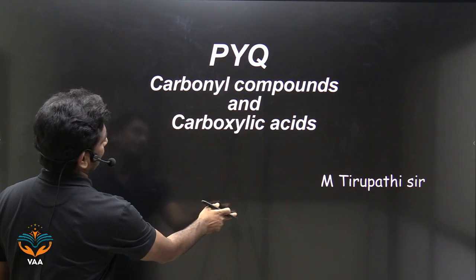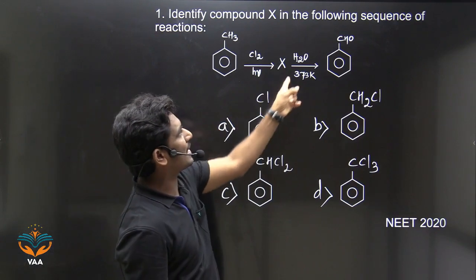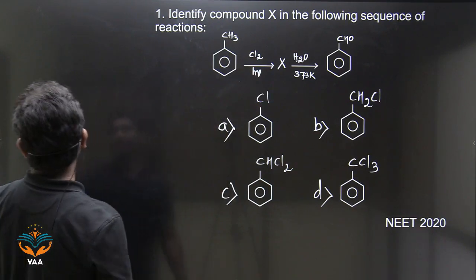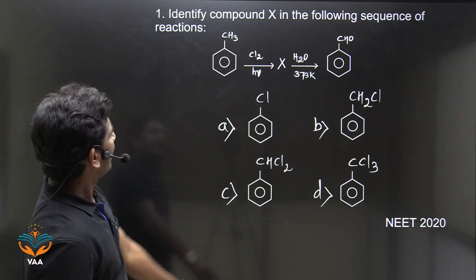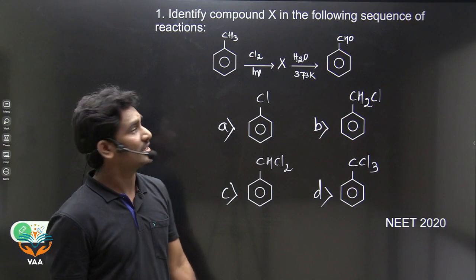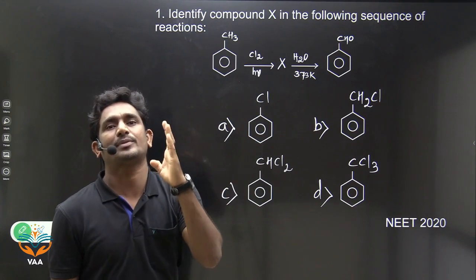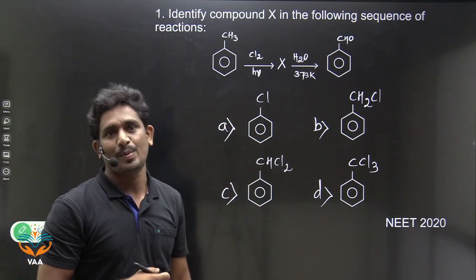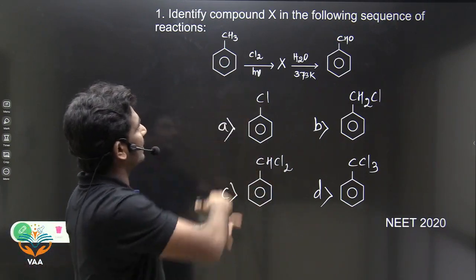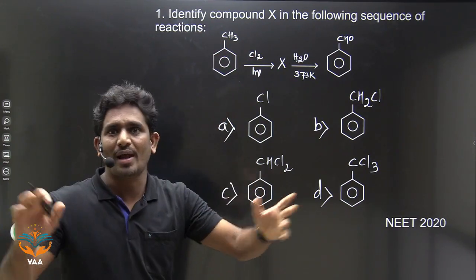Okay, right. The first one क्या दिया देखो, identify the compound X. ये पूछ रहे X in the following sequence of reactions. ठीक है, so what is given here? This reaction already we have seen in alkyl halides chapter, right? So here this is Cl2 halogen in the presence of sunlight will provide free radicals. Now these free radicals will react with benzylic hydrogen atoms, right? So it gives mixture of alkyl halides.